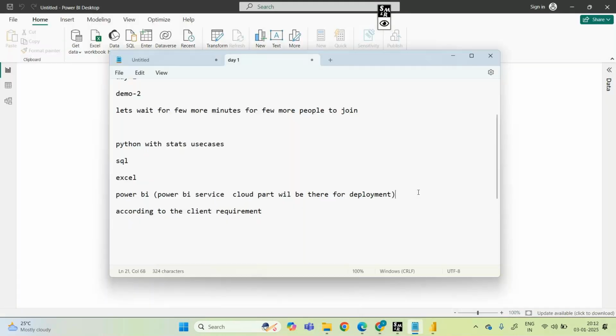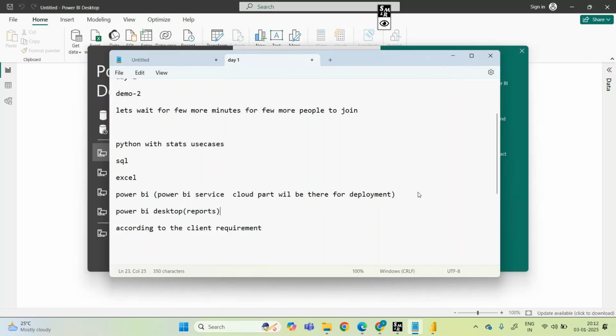In Power BI we will mainly discuss three parts: Power BI service, Power BI desktop with reports and visuals, and Power Query.